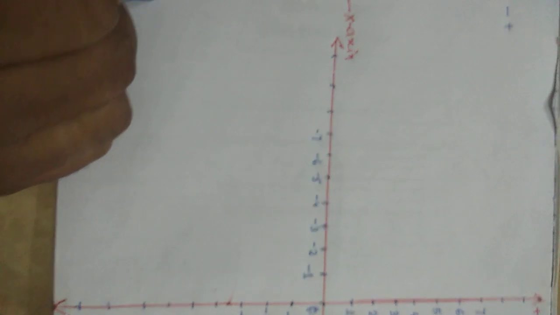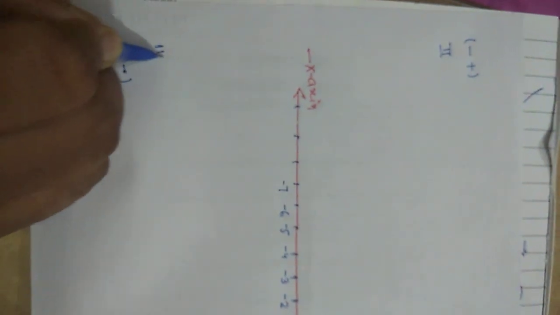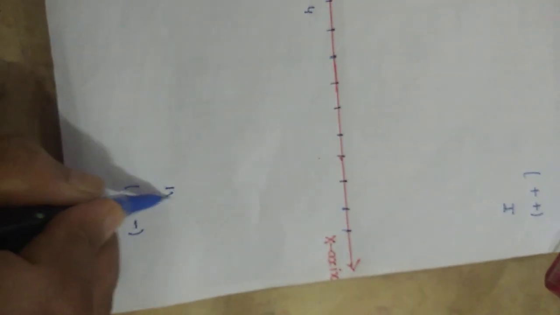Now going down to the third, this line is already minus and going down is minus, so the sign here is minus and minus. Now moving toward the fourth coordinate, the x-axis is already positive, and going down, y is negative. So we have 4 coordinates. I have marked them here for your understanding, so you will understand the sign of a point in each and every coordinate. This is your first coordinate, this is your second, this is your third, and this is your fourth.